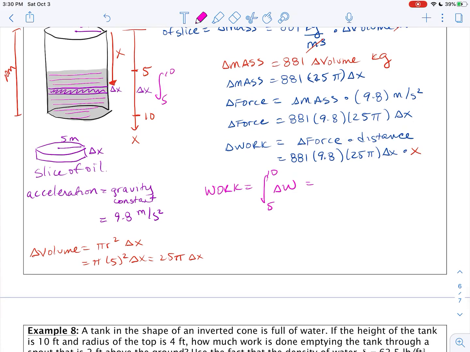And I'm going to get, and I can put my constants on the outside, it's going to be 881 times 9.8 times 25 pi. And my integral is going to go from 5 to 10 of x dx. Good. And when I make that calculation, you can do it on your own. It's a really simple integral to calculate, x squared divided by 2. And then we do the fundamental theorem of calculus, and our units of measurement